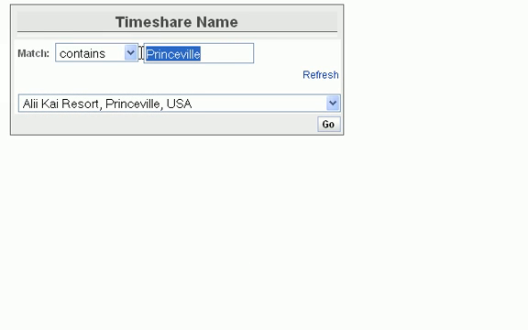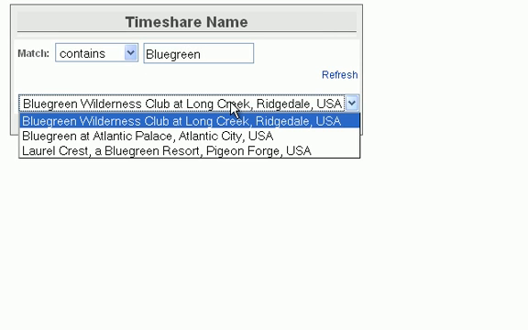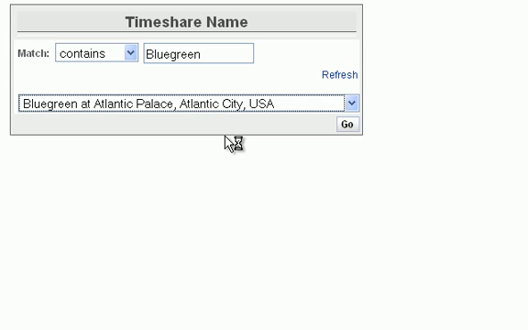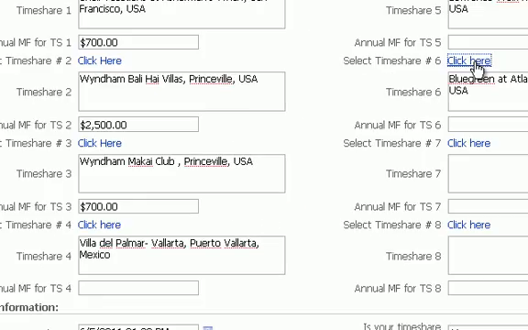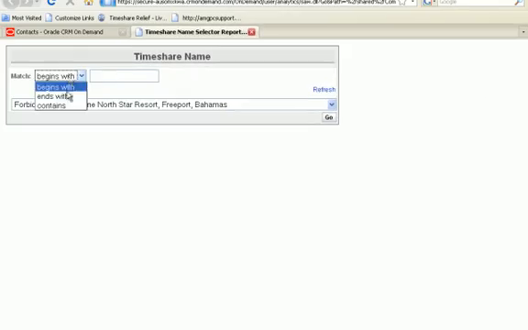Alright, now if I'm looking for something else, let's say it is in North Carolina. This system doesn't have the state, so I'm going to type in something in North Carolina. Let's go for a blue-green resort. Those aren't in North Carolina, so maybe Atlantic City. Again, just make sure that you are choosing something that is actually a timeshare in our system, and that you search by something that is unique. Alright, so if I type in Woodbourne,